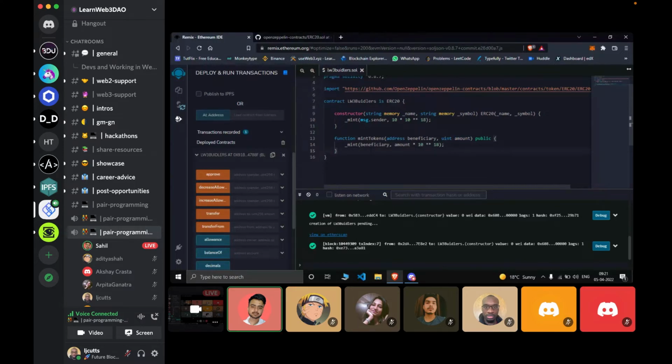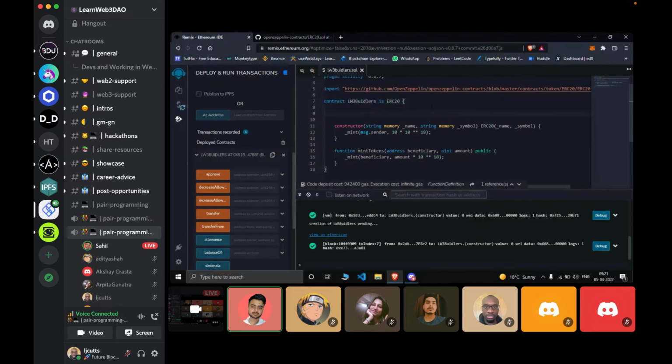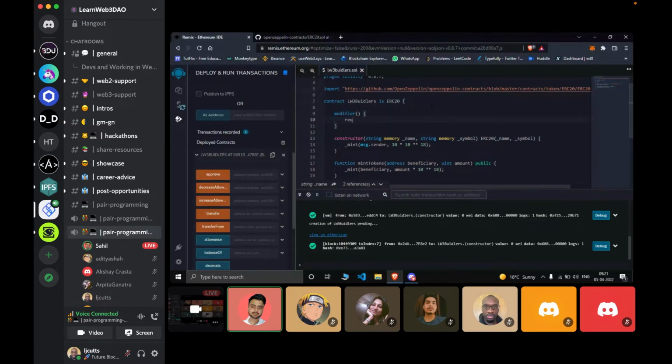But as you can see right now, anyone can call this function. So yeah, anyone can just call this function and they can mint some tokens for themselves. We don't want that. Okay. So we are going to create a modifier here. Actually, we can also use the require statement, but I'm preferring a modifier here. So let's say we